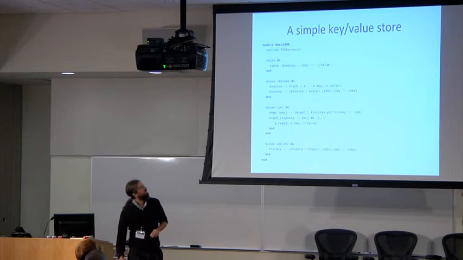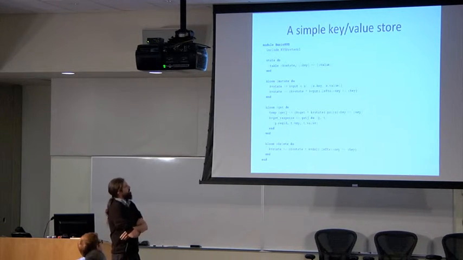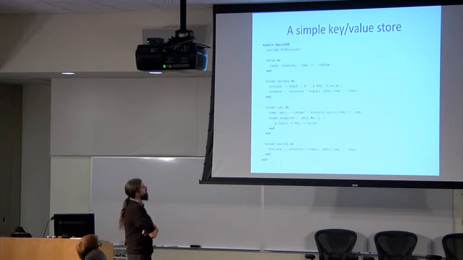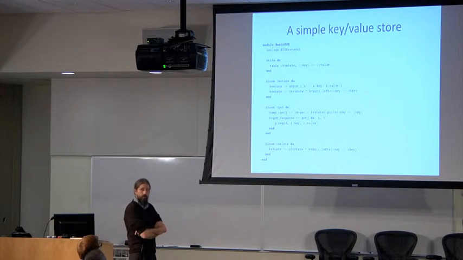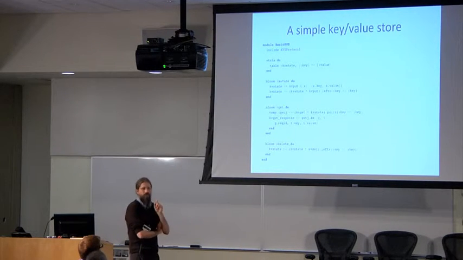So for our internal state for the key value store, we just need 1 persistent table representing the mapping between keys and values. And then the rules are pretty simple. We say, if you get a put, in the next visible state of the database, not now, next, the state will reflect that mapping of key to value. Oh, but there's one other thing. There might have already been a value with that key, right? So if there is a value with that key, you're going to have to clean it up.